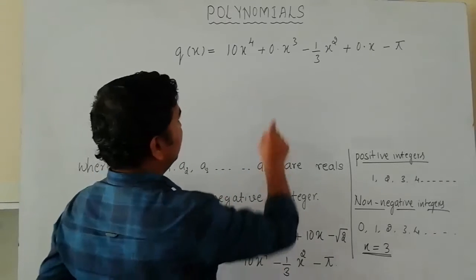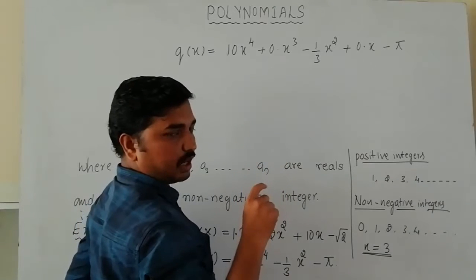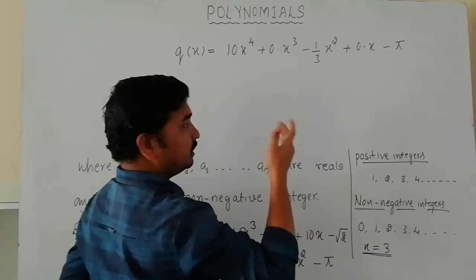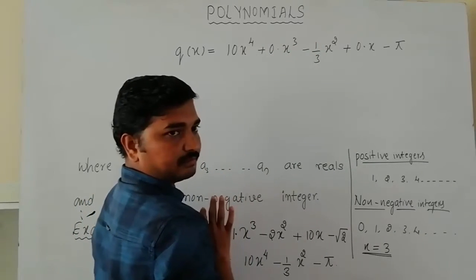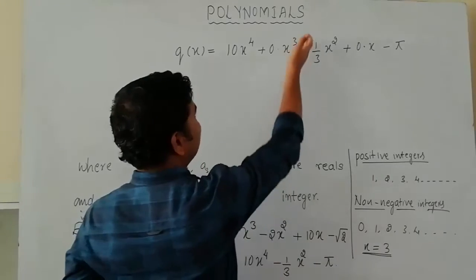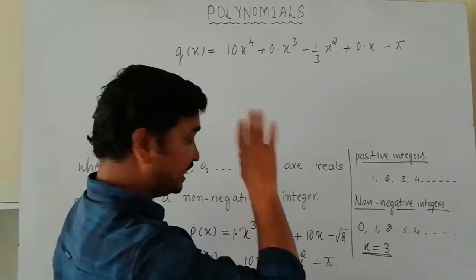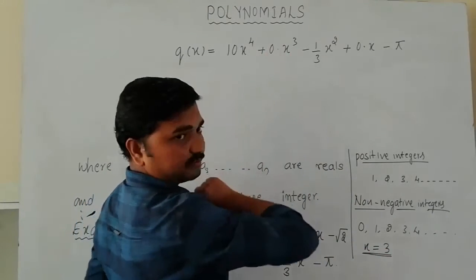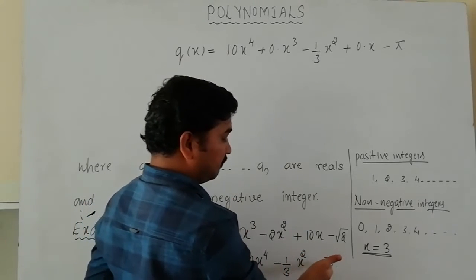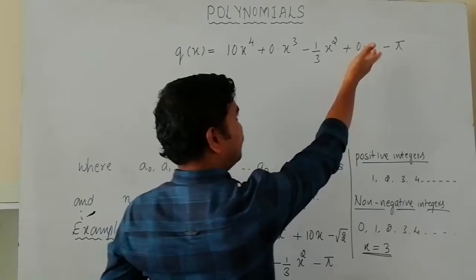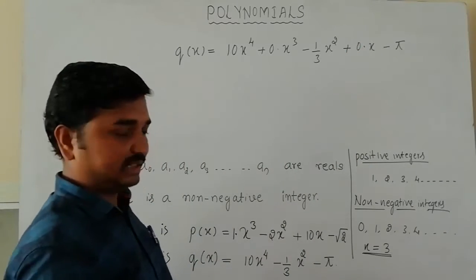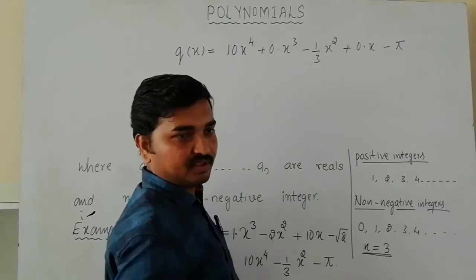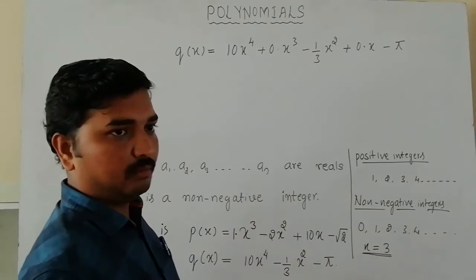It means that the number, this is actually called the coefficient. I'm going to define this one later. The coefficient of x power 3 may be 0. Whenever it becomes 0, 0 into x power 3 means how much? 0. So that's why this term disappears. But if you want to write it down, you need to write it like this. In the same sense, x power 2 is present, but x is absent, which means the coefficient of x is 0 actually. So that's why the term disappeared here. If you want to write it down, you need to write it like that. So definitely the second one is also an example of a polynomial.